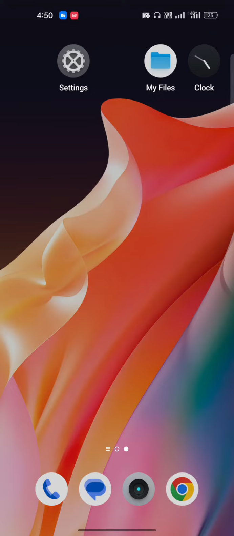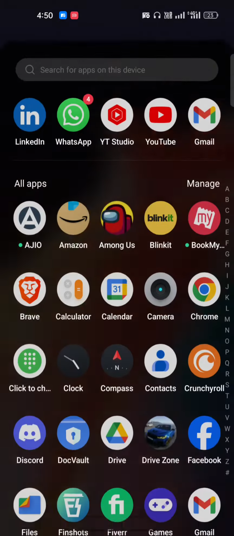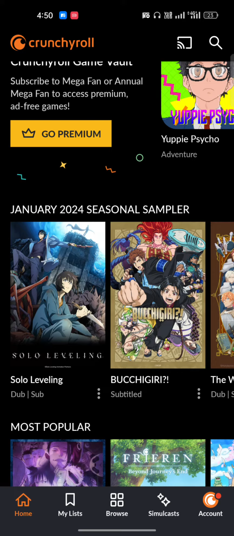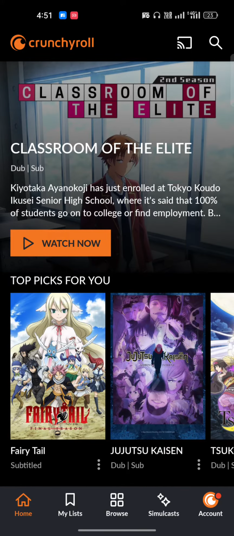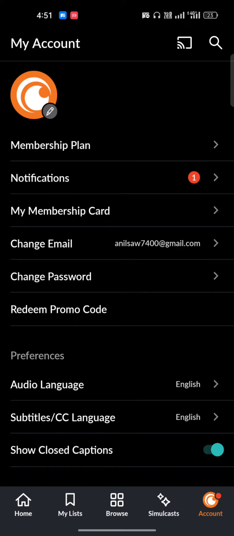In this video, I'm going to show you how to add profiles in Crunchyroll. It's very easy. We will just open our Crunchyroll mobile application here. Once we open it, and by the way, if you're accessing it over your laptop or PC, the steps are exactly the same. In the bottom right corner, you just have to go to your account and